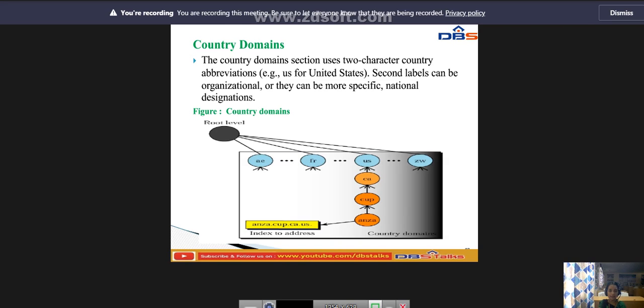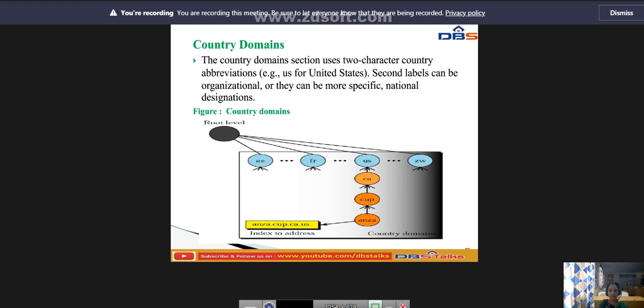Every node has a label such as AE, FR, US and ZW, and under US we have CA, NY, and so on. So these are the different country domain names.